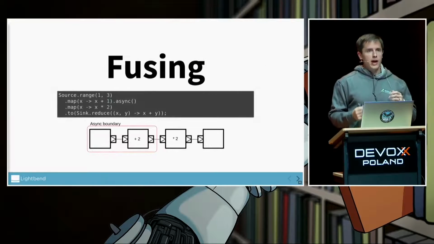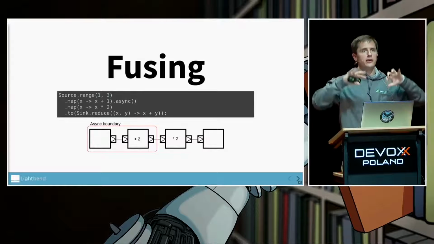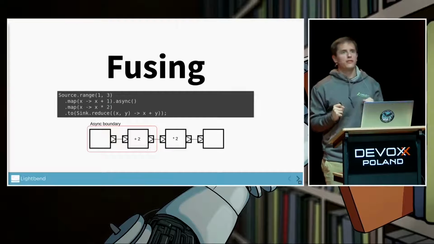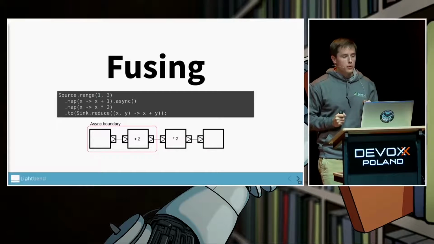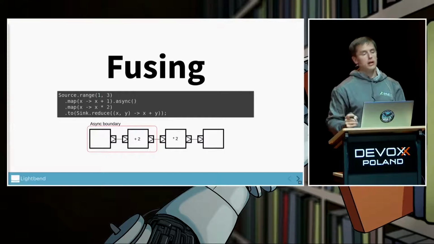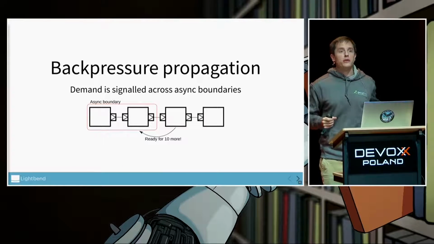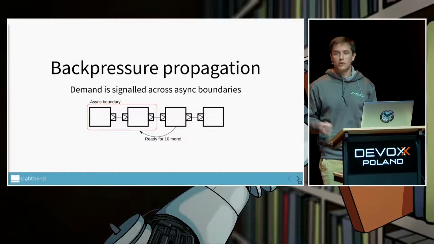But as soon as we've got anything asynchronous, you can explicitly ask for an asynchronous boundary inside Akka Streams. As soon as you do that, we'll end up with 2 actors running it. And as soon as you've got the asynchronous boundary, that's where the flow control happens under the covers. So the first part of the stream, which is the source and then the map, is not allowed to produce elements until the second part demands them. And it's at those boundaries where you could plug in another Reactive Streams library. You could plug in a Reactive Streams HTTP client, or a database driver or something like from RxJava.